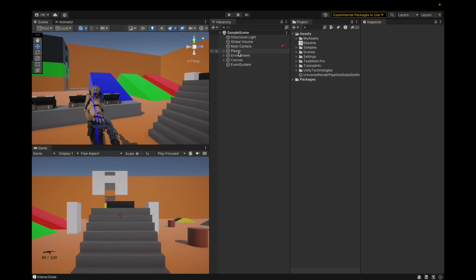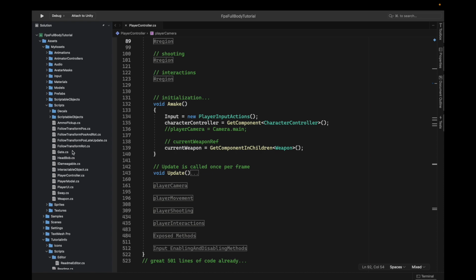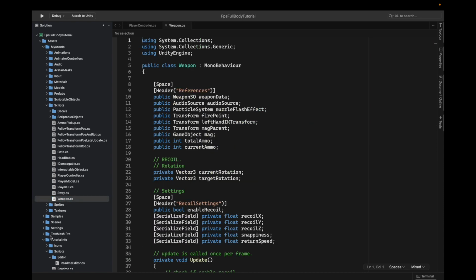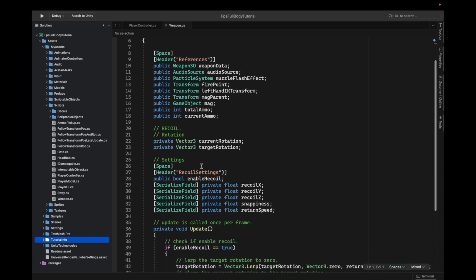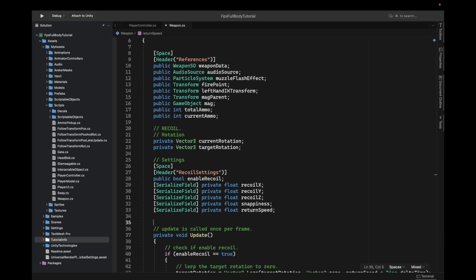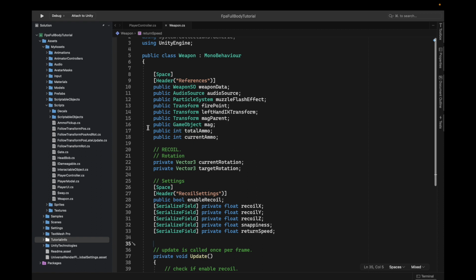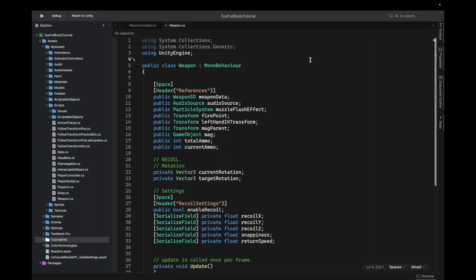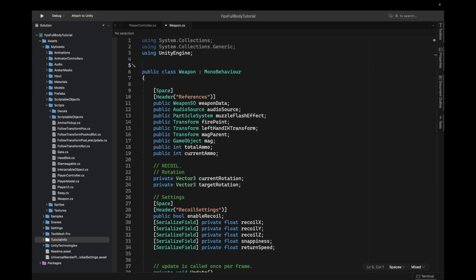So now I think it's a good idea to keep the player camera also not as a child of the player. But before we do all that, let's just come back in here. Let's look for what we can do here. So the weapon script will need a reference to what? It needs to have a component of type